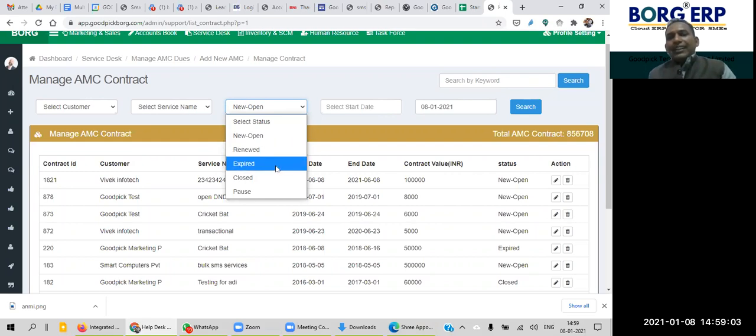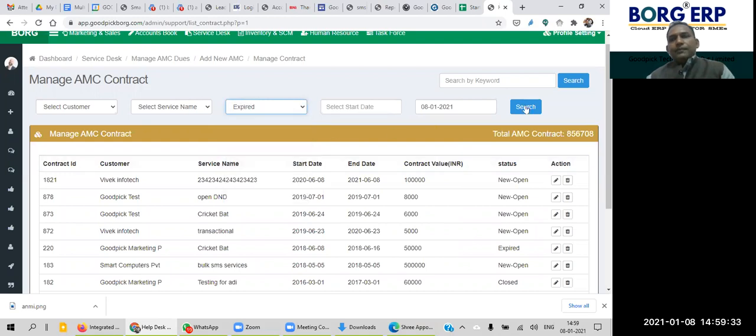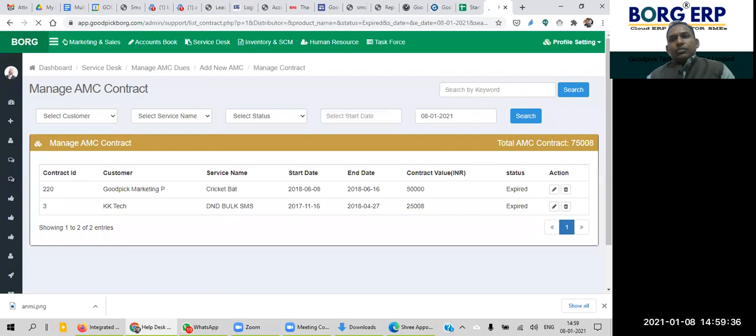And once the contract date is over, the system automatically sets the status of that contract to expired. You can also track how many contracts are going to expire in your company in a particular month, and I'll show you the reports. A lot of reports are there. If I'm tracking how many are expired, I'll put in a search, and there are two contracts expired.